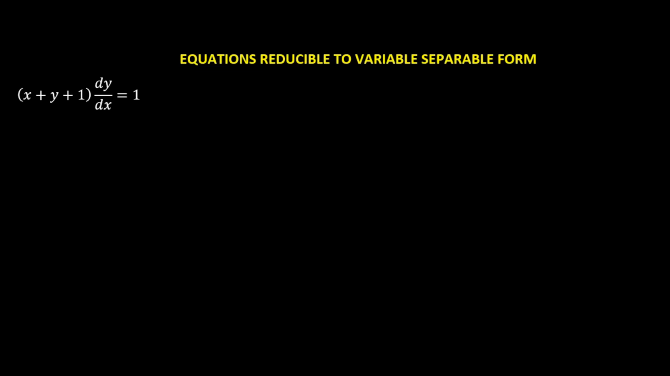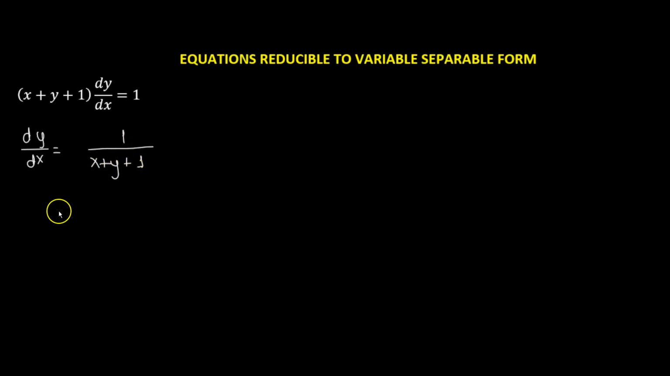So let's solve this given differential equation. We will begin by rewriting it as dy over dx equals 1 divided by x plus y plus 1. Now we cannot separate the differentials here and make it a variable separable form. That's because on the right hand side we have 1 over x plus y plus 1, which is a function